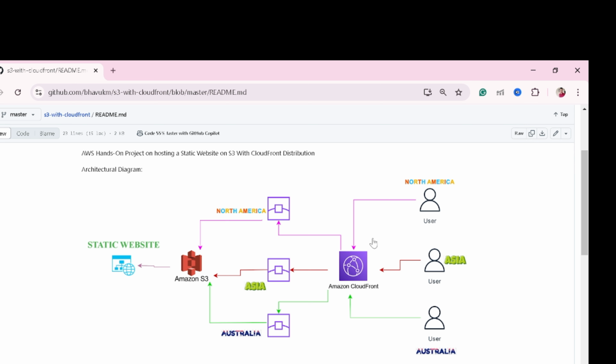CloudFront behind the scenes is going to redirect the request to the nearest edge location depending on the location of the user. As you can see in the diagram also, if a user is from North America, the request will be routed to the North America edge location. If the user is from Asia, then it will be the Asian edge location. Similarly, if the user is from Australia, then it's going to be Australia. Okay, so if the content is available here, then the content will be served from here to the user